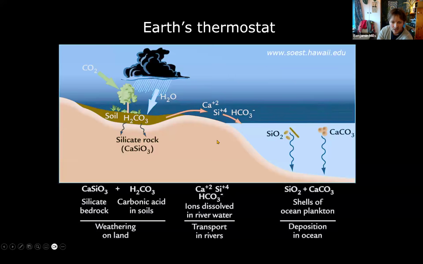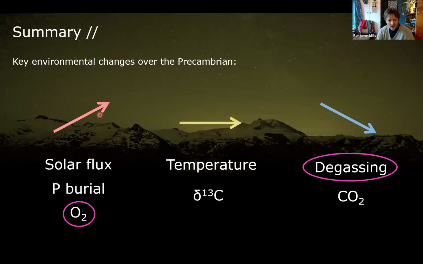So if we go back to our arrows here, very high early Earth degassing rates versus very low oxygen could be difficult to do in a model. And this has proven difficult to do in simple box models for this reason. If you have high degassing and you have high CO2, then you just expect a lot of phosphorus coming into the ocean, which, if it's full of cyanobacteria, you would expect to result in a lot of carbon burial and a lot of oxygenation. So this is a potential paradox that we're going to have to get around with what I'm about to present.